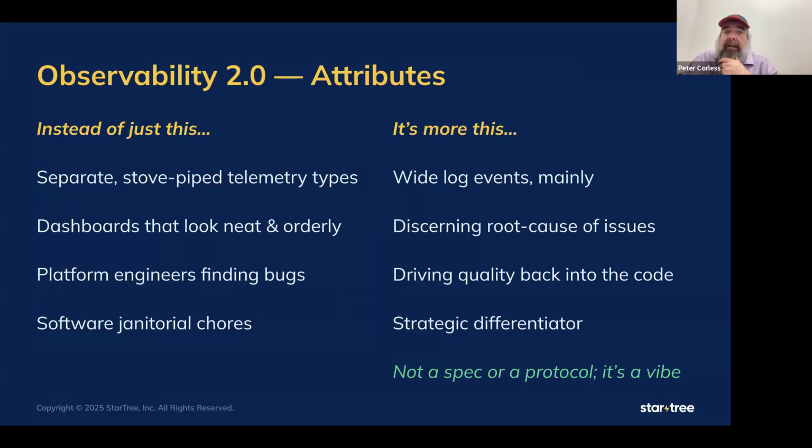For instance, it's not just these separate stovepipe telemetry types. It's now based upon what's known as a wide log event, which is a very rich data source. Think about it like a wide column row. There's tons of data, even potentially derived things taken out of, let's say, a complex log structure, and you take some of those and make them into a metric table, or a metric column in a table. So these are going to be a much more sophisticated, rich sort of log entry. And in fact, that's why they're called log events.